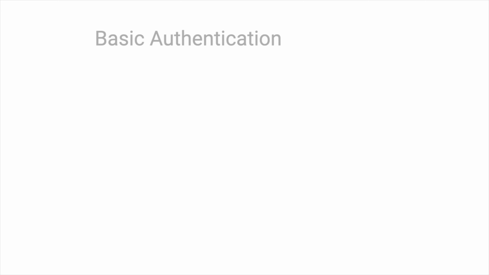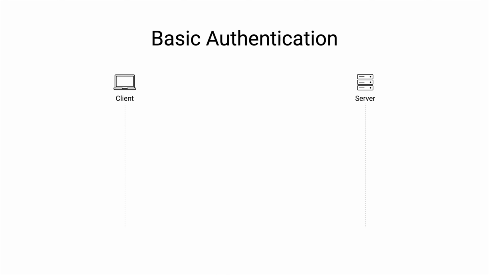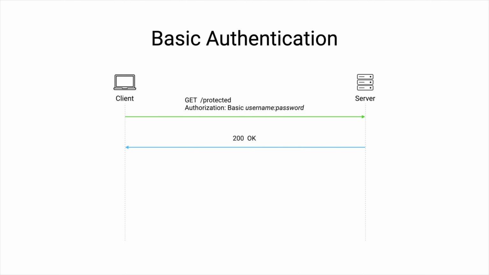Let's start today with the most straightforward but also the least recommended authentication method, called basic authentication. This method consists in the client placing a combination of username and password in the header of the HTTP request. To ensure safe transmission, this expression is encoded using the base64 encoding technique that converts a string into a set of 64 characters. Basic authentication should therefore only be used on top of HTTPS and TLS protocols, as the connection